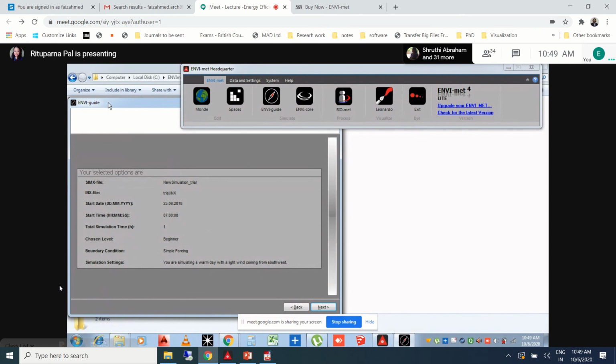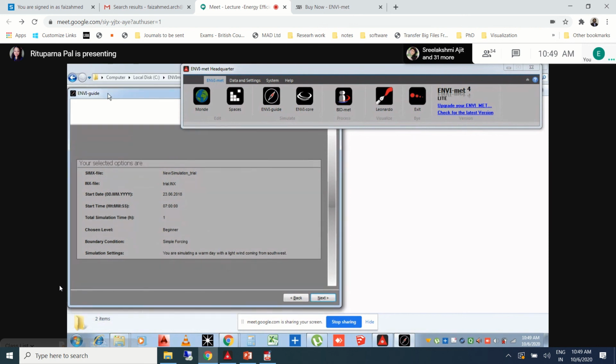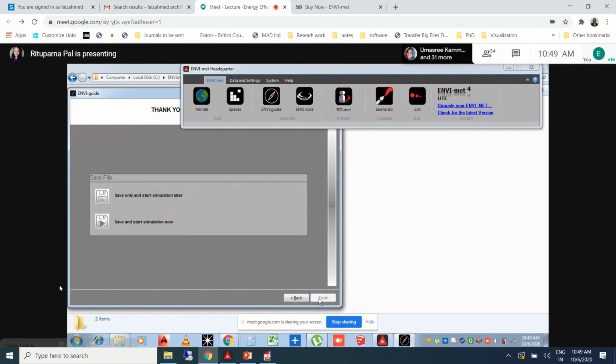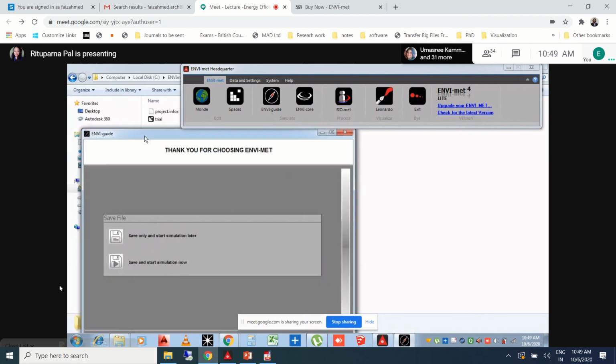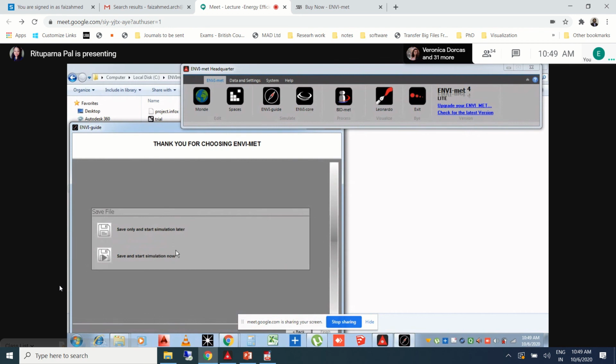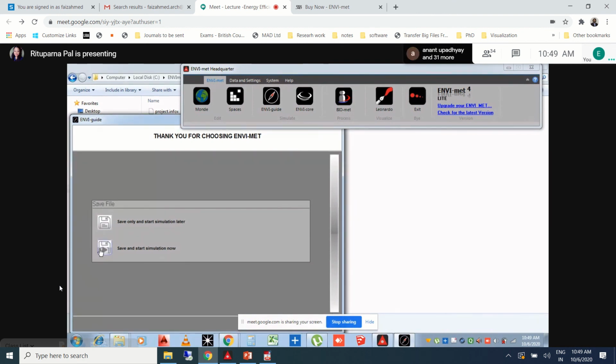You just need to put the input conditions on the simulation settings correctly. Next we click on next, and you get 2 options: save only and start simulation later, or save and start simulation now. Obviously we'll select this one because we want to start the simulation now, and we start it.